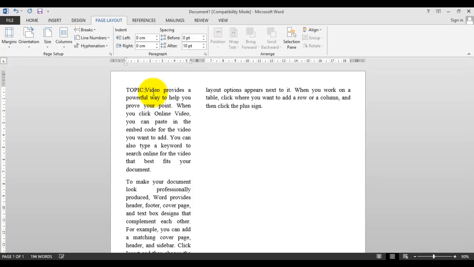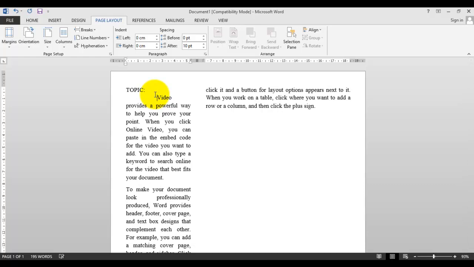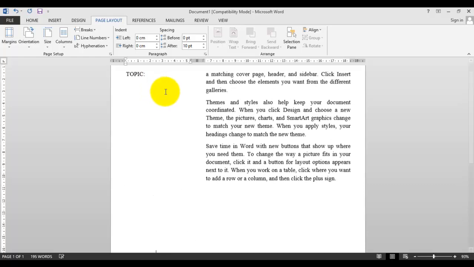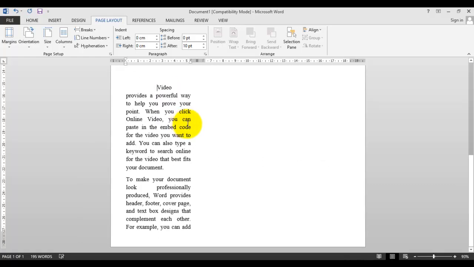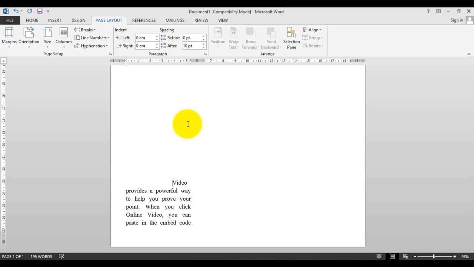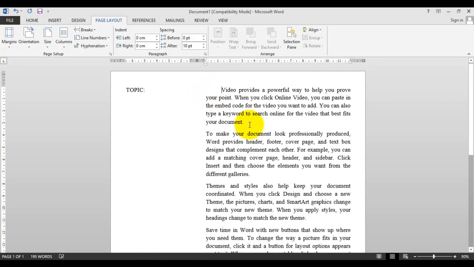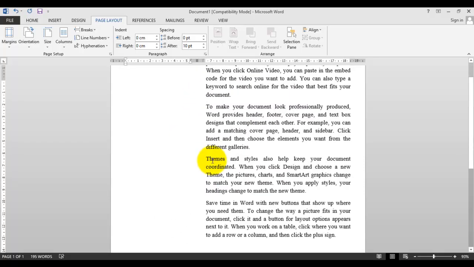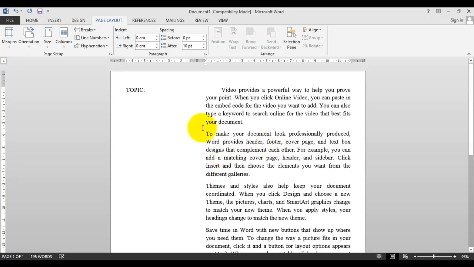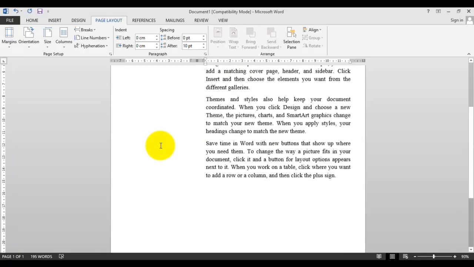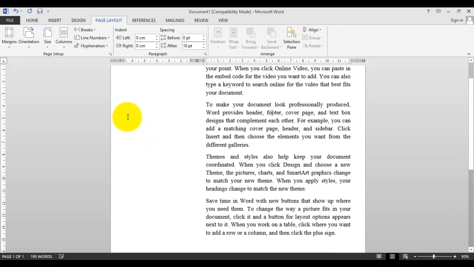By using tab, I'm moving my content to the next column like this. This is the topic, and if this is another paragraph,